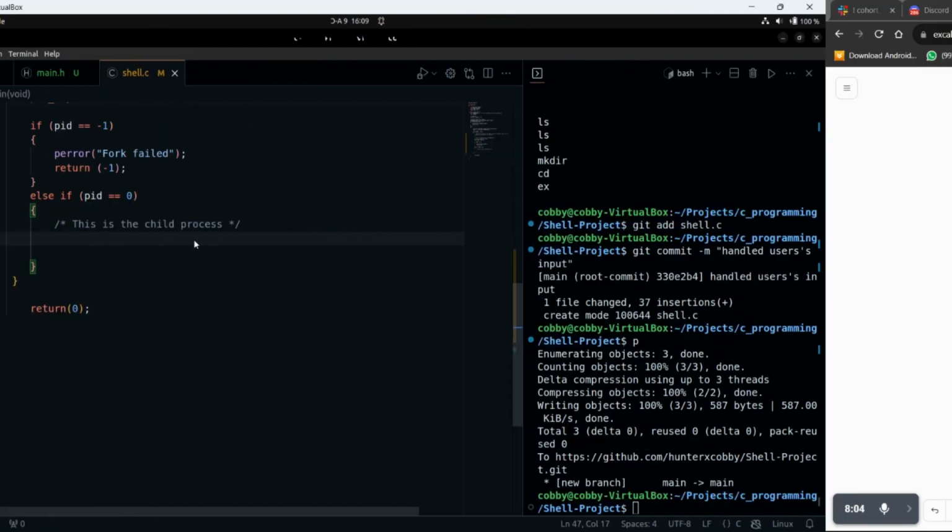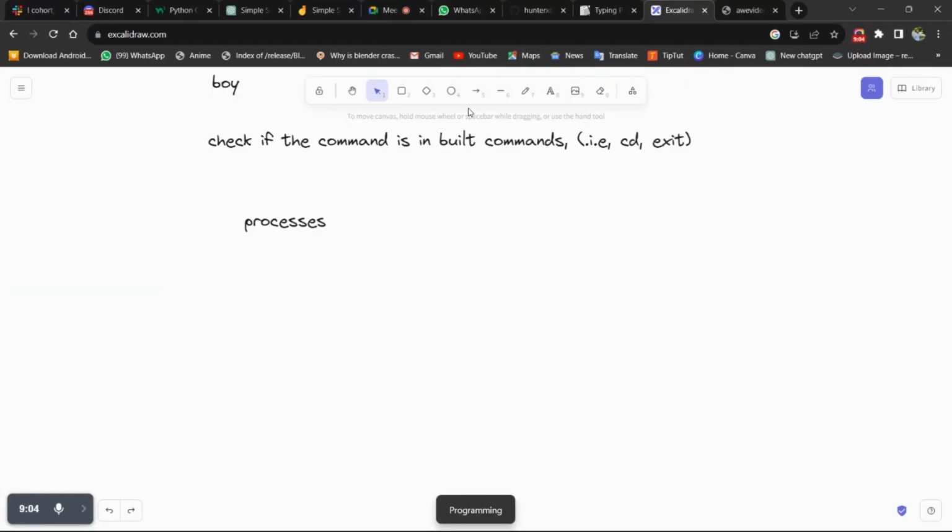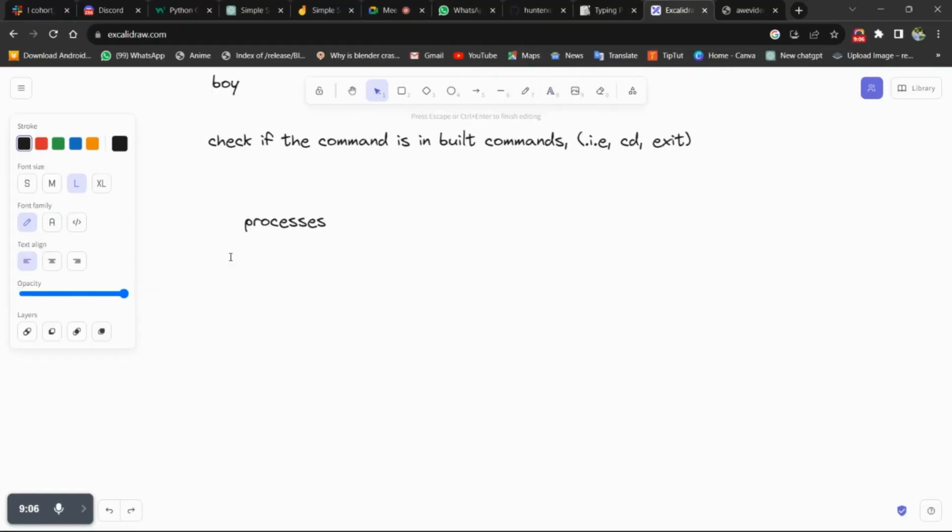So in order to handle ls, there are some things we need to know. We need to check for the path. That is what you're going to use to loop through. So we need to check for the path, right? And then after we check for the path, we basically need a function to check for the path. We will need a function to check for the path.